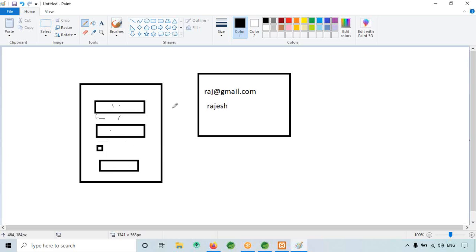Initially I need to display the username and email ID, so we want something called a model, to store and to print it. For that we have to use getter and setter methods.